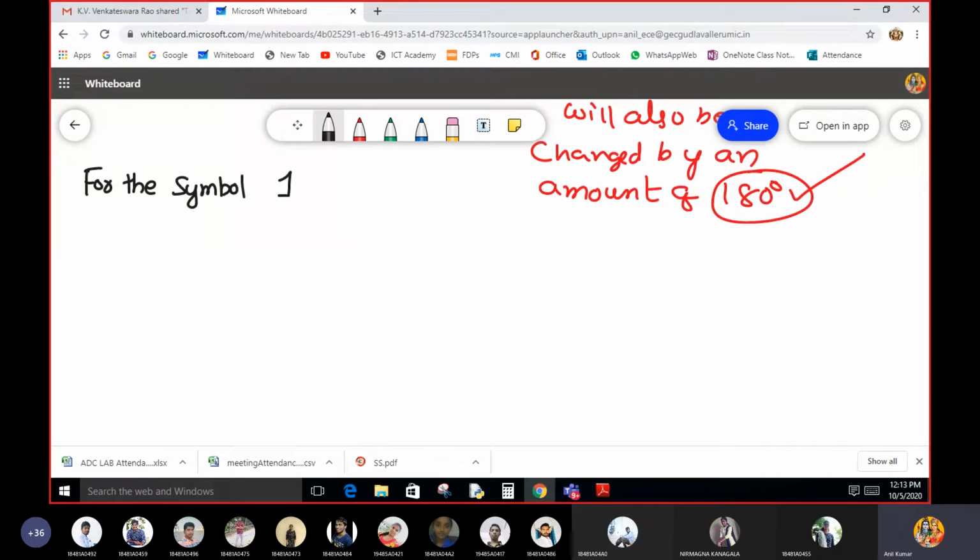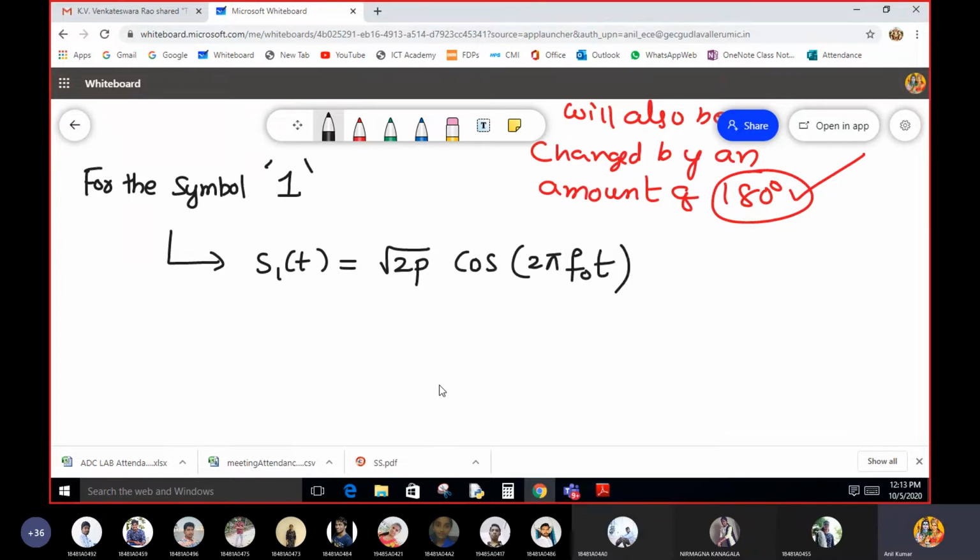For the symbol 1 in the message signal, which consists of ones and zeros, the signal is represented by s1 of t. S1 of t is equal to root 2P cos 2 pi f naught t. So the carrier signal looks like this. For example, if the next symbol is 0,